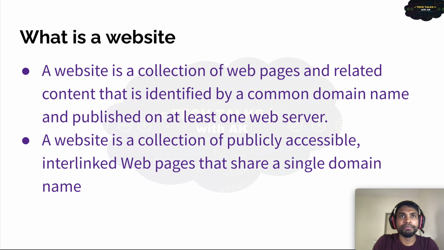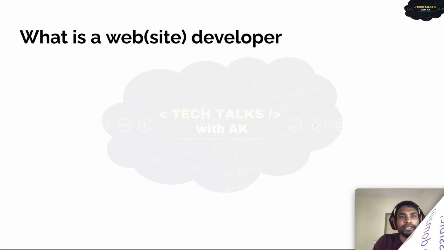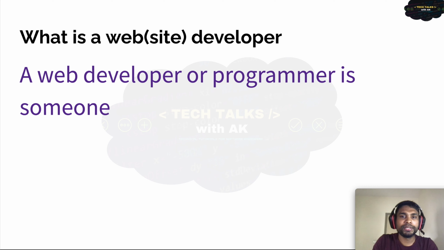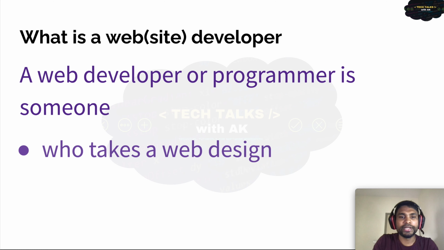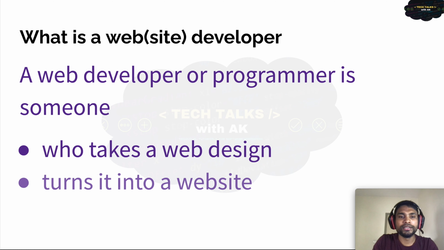Therefore, what is a web developer is a commonly asked question. Let's see what a web developer is. The answer is: a web developer is a person who is responsible for programming the code that tells a website how to function. In other terms, a web developer or a programmer is someone who takes a web design and turns it into a website. A web developer builds a website from the bottom up, which means designing it in such a way that the end user has no difficulty in using the site.